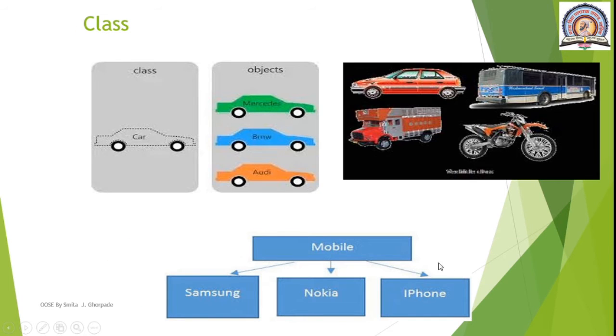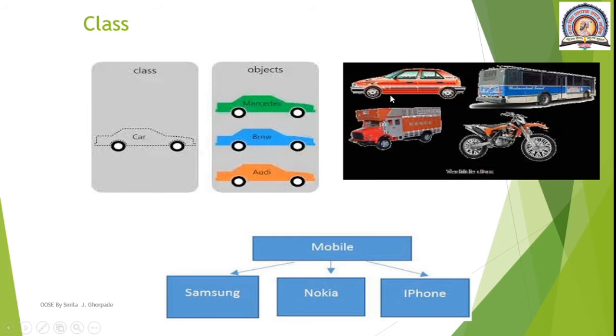An example here. Now consider, here the different objects are created like Mercedes, BMW, Audi. These could be said as cars, different types of cars. So the internal definition of these objects is written in one unit, that is said to be a class. So the class name is car. The car will store the basic attributes and the methods for every car, and these are the set of objects.